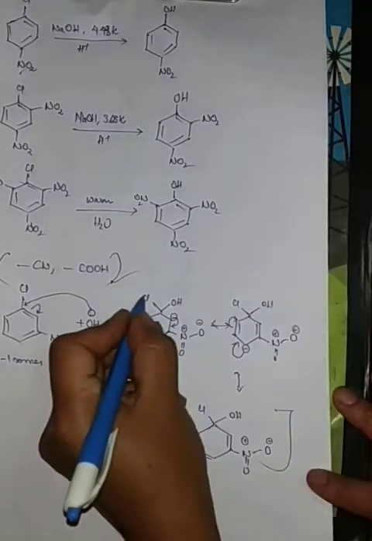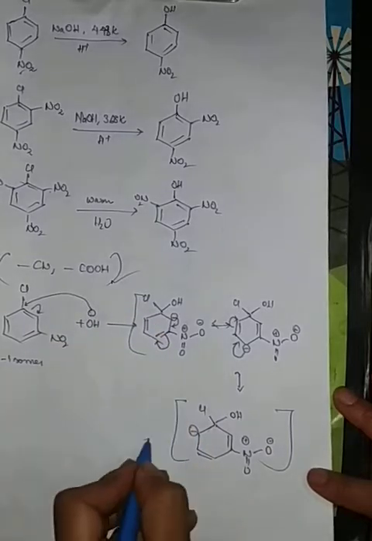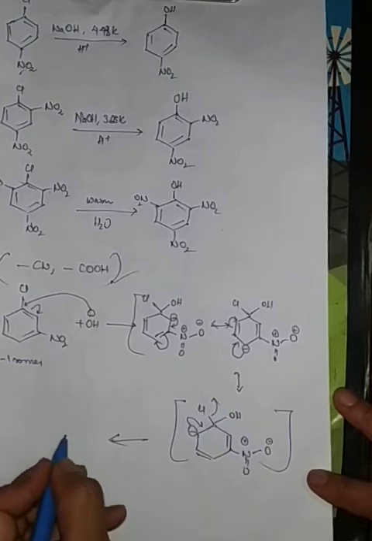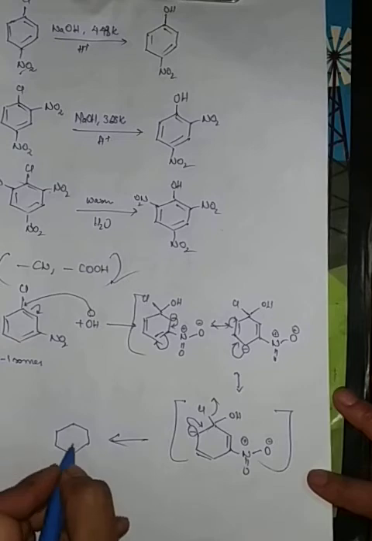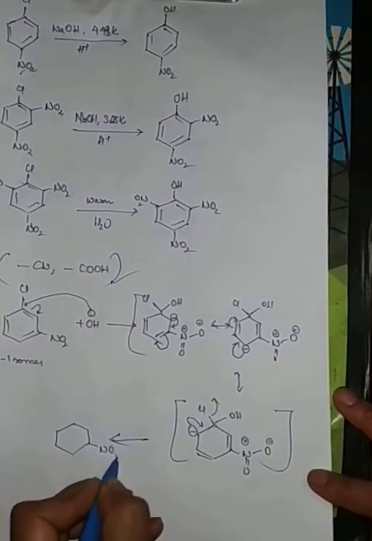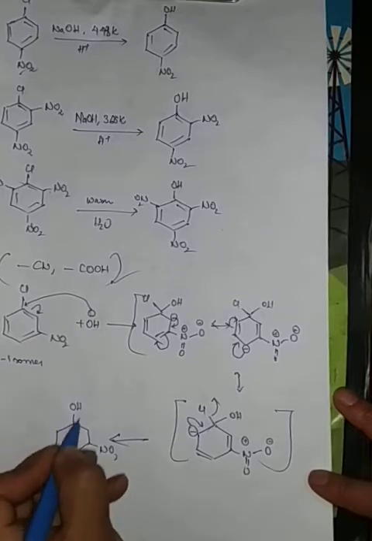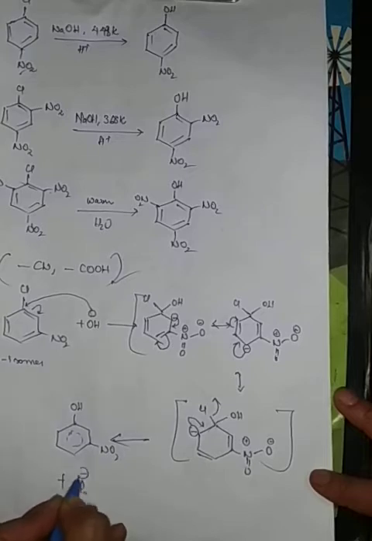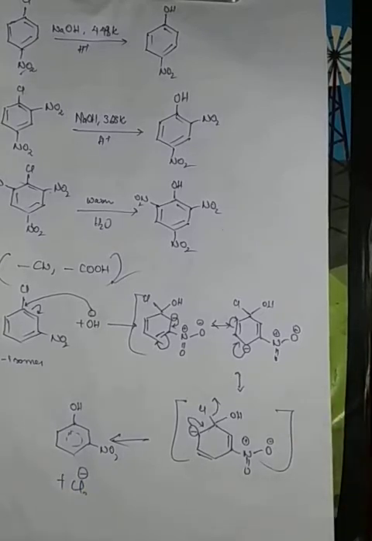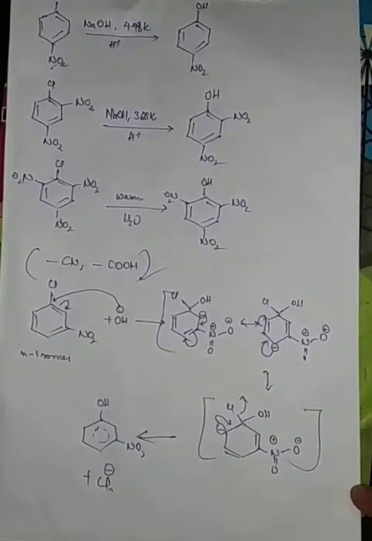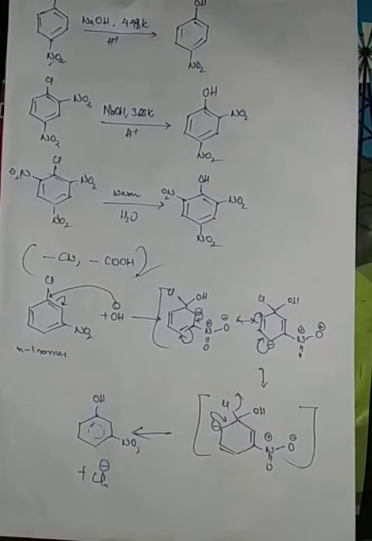Now these are the three resonating structures, and then if this goes back here, our chlorine atom will leave because it is a good leaving group, and then we'll be getting here our NO2 is here, OH is here, electron pair, and then Cl minus. Now here in the resonating structure, when the electron withdrawing group is attached at the meta position, we will see here